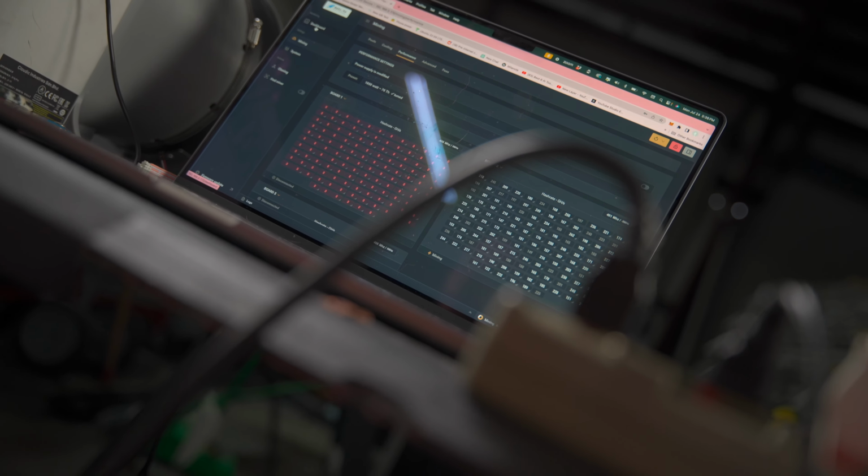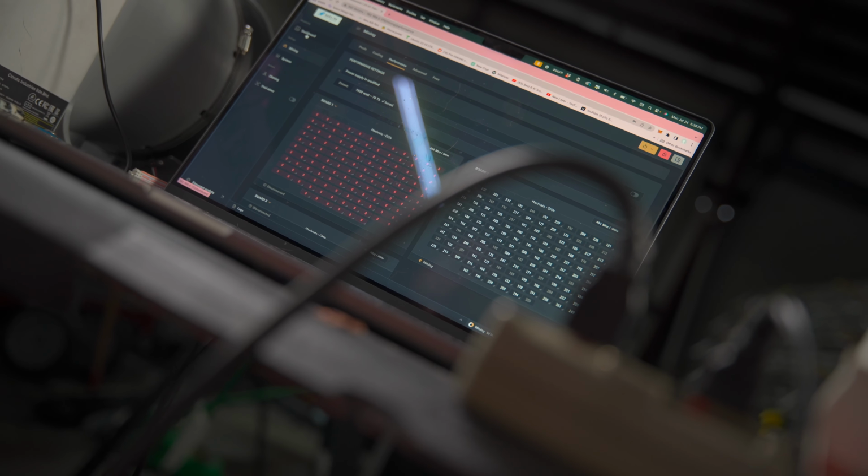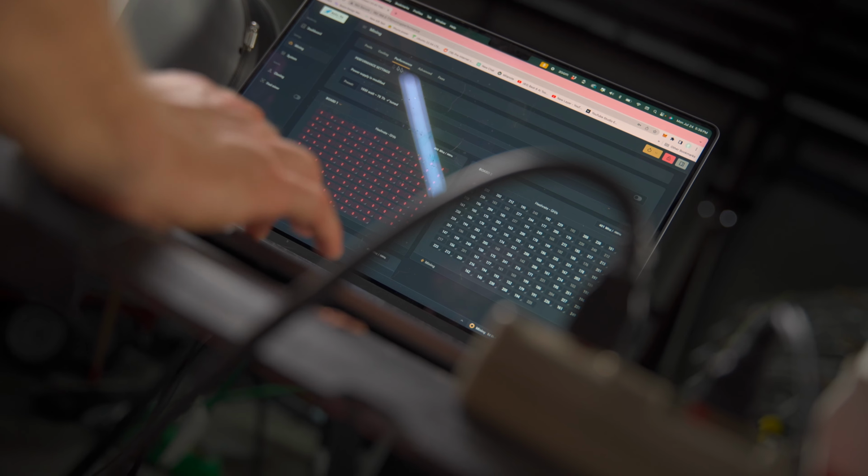You can get to a point where you're trying to clock too fast for how much voltage you have available. So you've got to balance that voltage and that clock speed. The nice thing about Vnish is